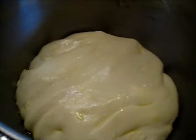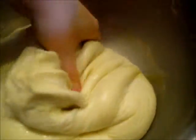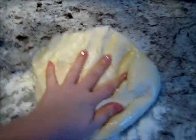It's been over an hour since I've let the dough rise, and as you can see, it has doubled in size, so it's ready to be shaped. Now with the extra flour that I had, I just put it on the counter, like so, and we have to deflate this dough a little bit. See, when you put some sort of olive oil or butter or whatnot at the bottom, it comes out really easily. So I'm going to do the best I can with one hand